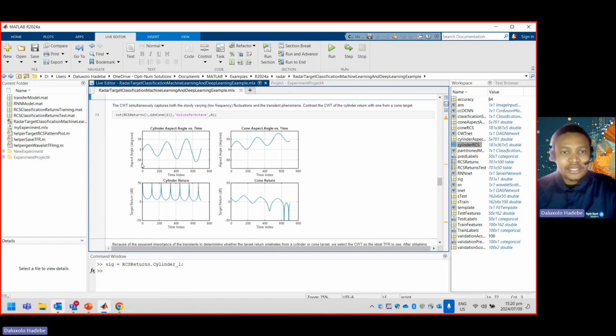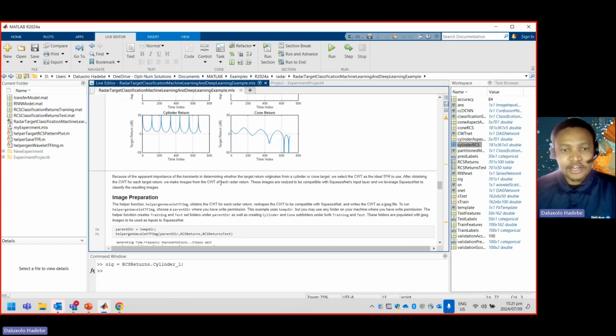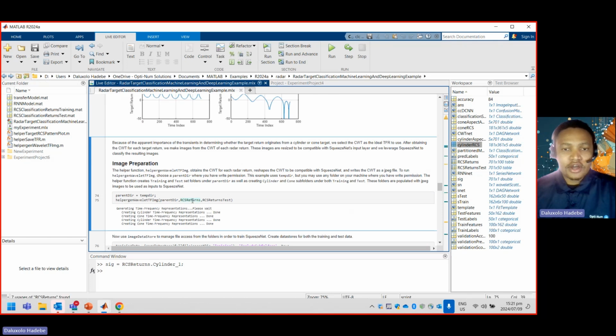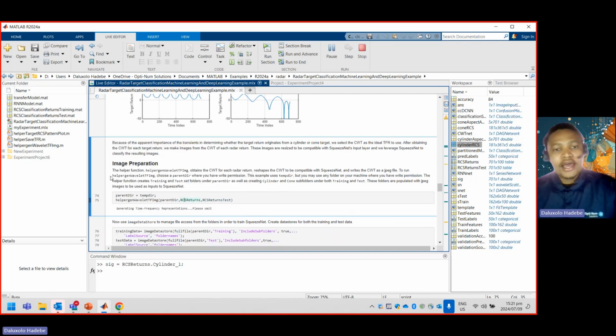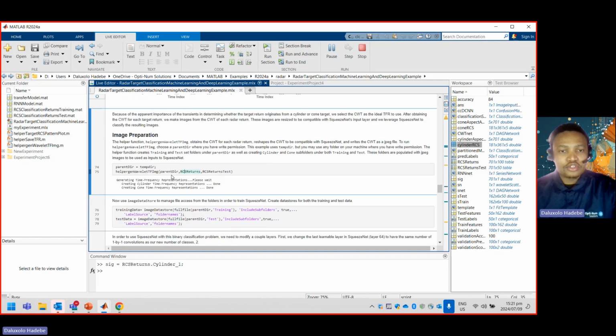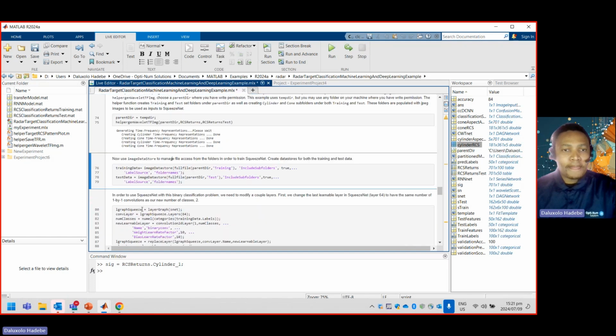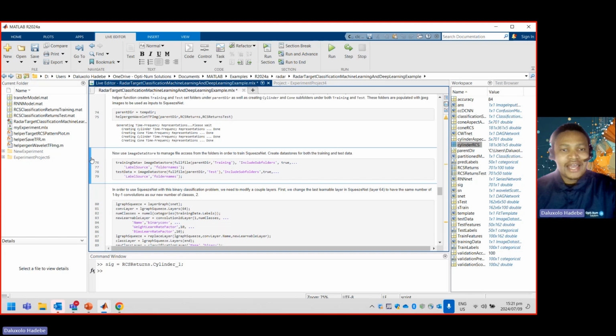And so once we get the target returns as well for a cylinder, and we show the aspect angles using the continuous wavelet transform, we see how that looks. So now we want to transform all our returns, which is the RCS returns and our test returns, into these images. And that's what this segment of code does for us. And once we have this, we want to then store this into a management system called a datastore, which creates a datastore from a folder